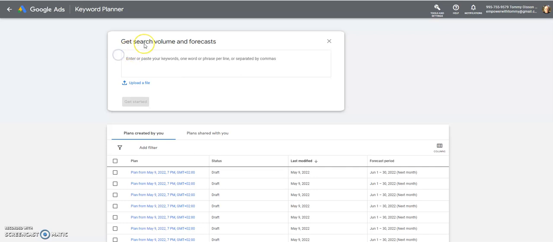Before I put anything in, I want to talk about the best keywords for your blog posts, especially if you have a new blog or you don't want to invest in paid advertising and stuff like that. Then you should always go for keywords with a low competition rate. Stay away from the high competition rate keywords and even the medium.